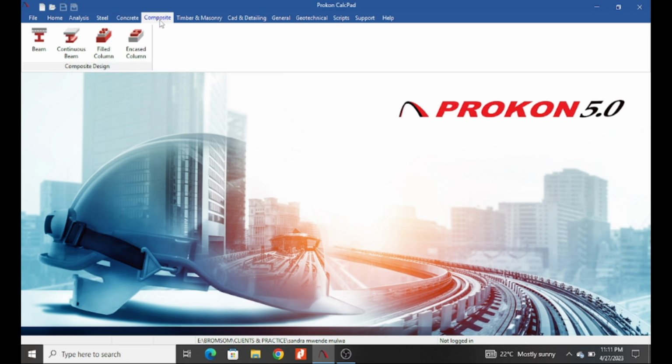You could also design composite sections. Majorly, these two beams and continuous beams are used in bridges, actually including filled columns and encased columns. For instance, if you're building in Mombasa, Mombasa is a city in Kenya. It is in the coastal county of Mombasa, and it is bordering the Indian Ocean.